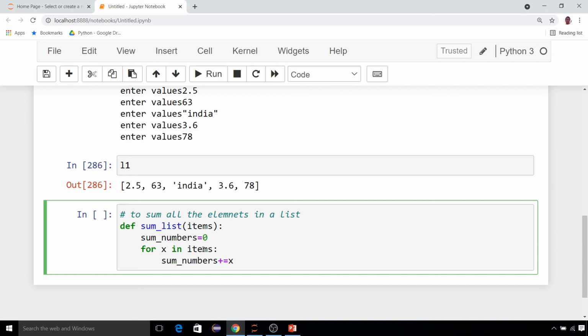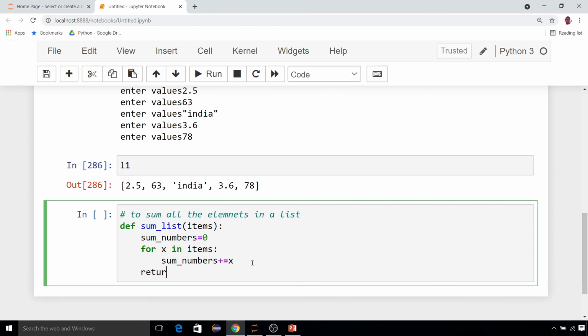Sum numbers is 0 plus the first value. The second time it iterates over these items, this value plus the second value, like this it will iterate. Done. And I am just returning this particular number. Done.